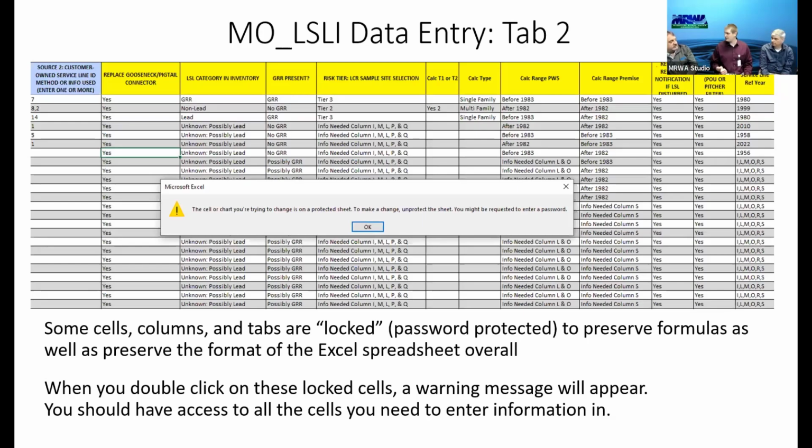Under the current rule, we don't know what'll be under the new LCR. I think they lumped a lot of those into representative samples, what they're calling the new tier. So that would be a representative. Ideally, you don't want to use a point of use treatment site as a sample site if you can avoid it. If you can, find ones that are tier 1, which is the highest risk.